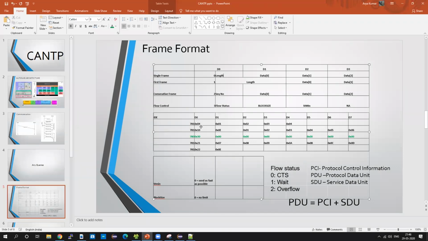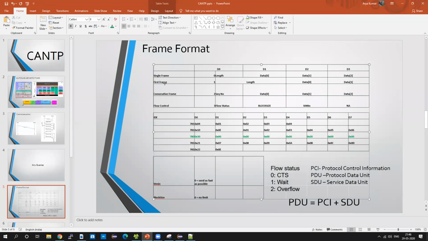Then we have 4, which shows we are transmitting 4 bytes of data. After that we have 1 2 3 4. If you look at the CAN line, when transmitting data through CAN TP, this will be the whole thing going into the CAN message: 04, then 01, 02, 03, 04.